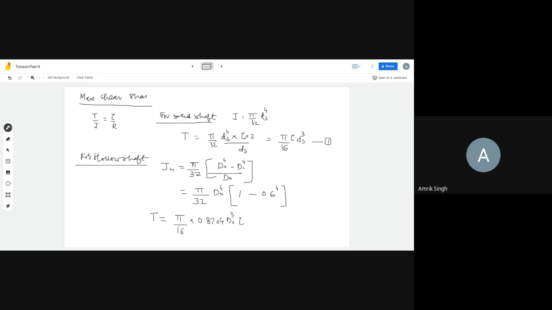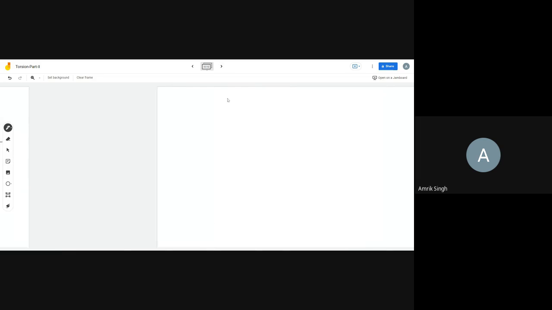Okay, into tau. So when you compare this now, comparing equation 1 and 2,